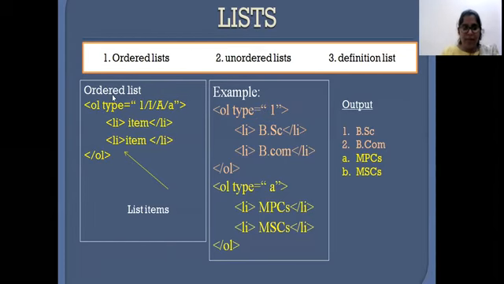Let us go to the first one, which is ordered list. In an ordered list, we are going to use two tags. The first tag is the OL tag, and the second tag is the LI tag. The OL tag is used to define an ordered list, whereas the LI tag defines list items. Each and every item we put inside an ordered list is mentioned with an LI tag. So, if you want to list out 5 elements, then each and every element will be enclosed within the opening and closing LI tags.